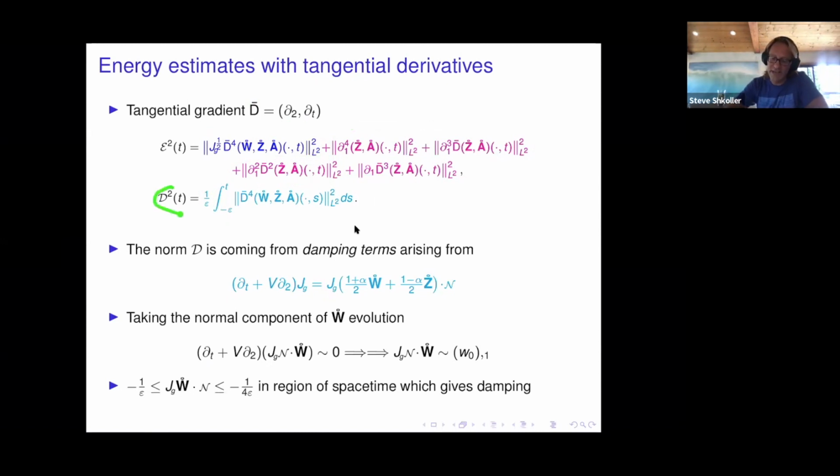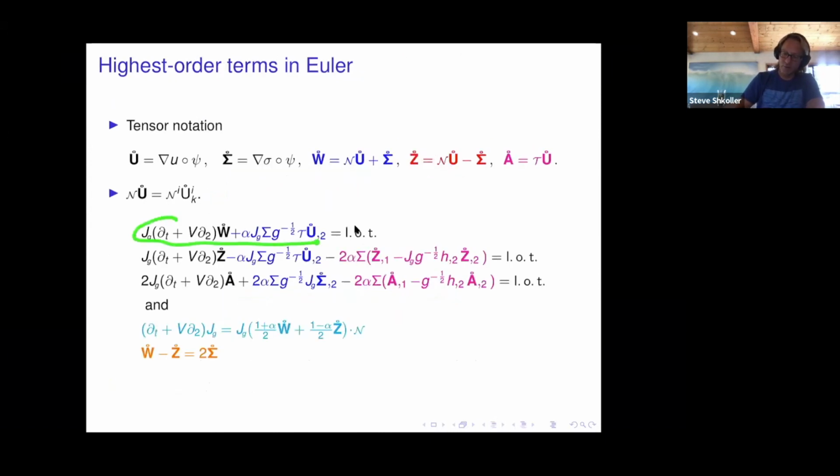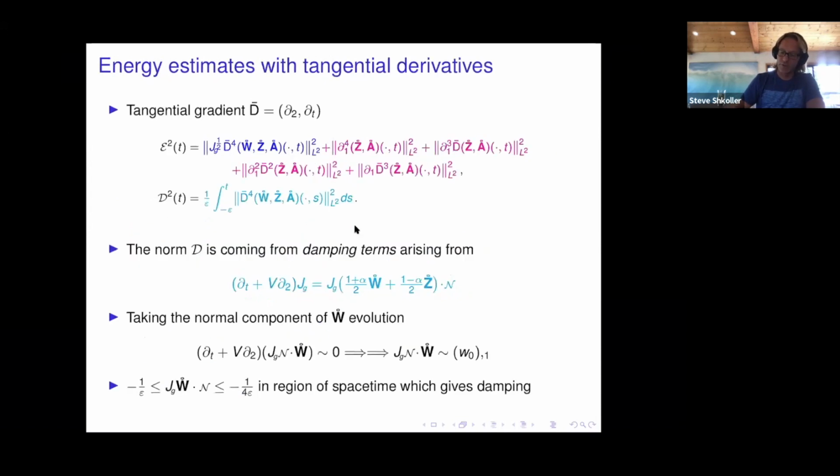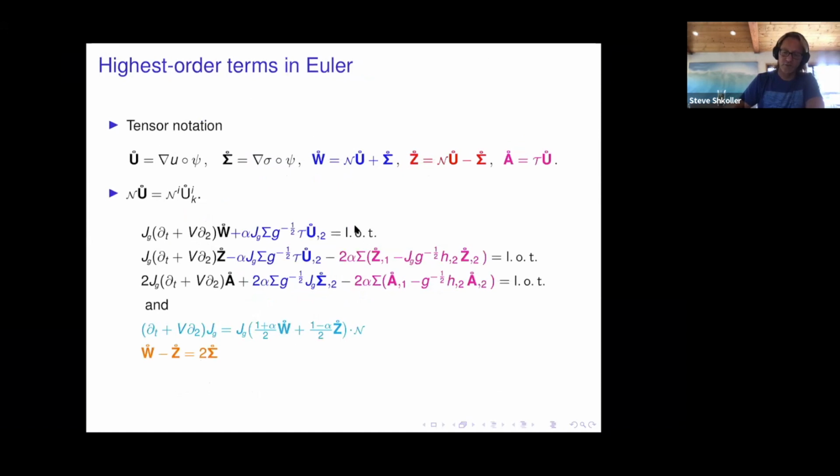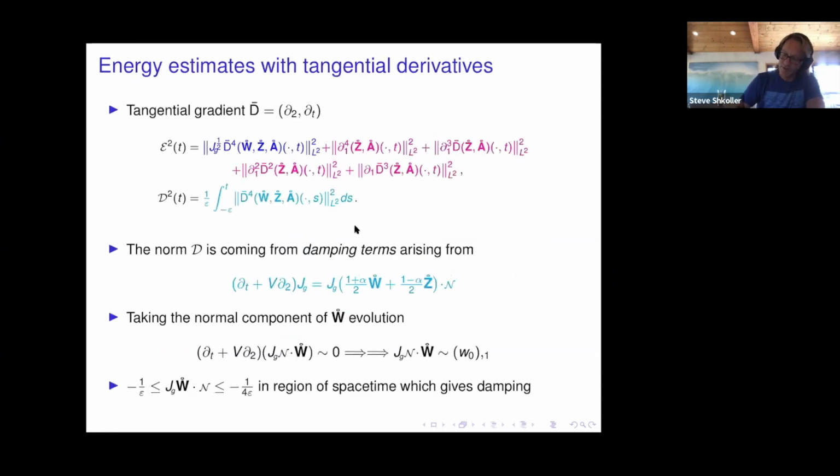So where does this damping term come from? Well, remember, I told you that there was this very beautiful formula for the Jacobian determinant, which involved JG, the vector W math ring, dot with N. And when you look at this equation here, or this equation here, and you do energy estimates, you have to commute the JG around the time derivative and around this transport operator. And when you do that, you get this multiplying, whatever highest order derivatives in your energy that you're trying to get. And then you make the observation that when you take this W equation and you take its normal component,